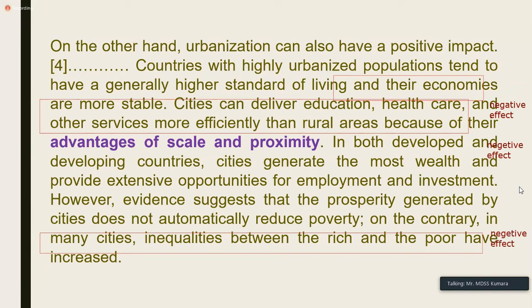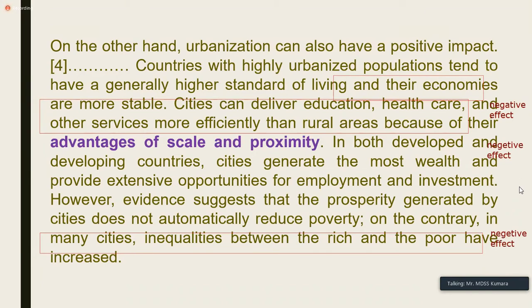So when we compare this with the previous one, here the writer says a lower quality of life. But now the writer says higher standard of living and the economies are more stable. So it's a positive effect. Cities can deliver education, healthcare, and other services more efficiently than rural areas because of the advantages of scale and proximity. So you see this one also gives a positive effect, more efficient, like the cities can deliver the services more efficiently. And the next sentence also says in both developed and developing countries,